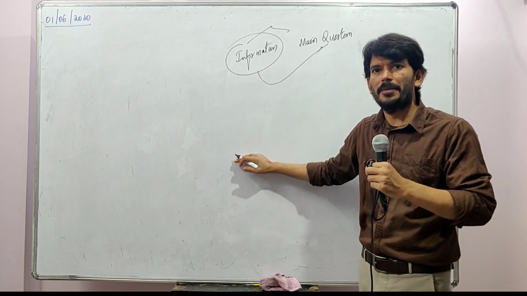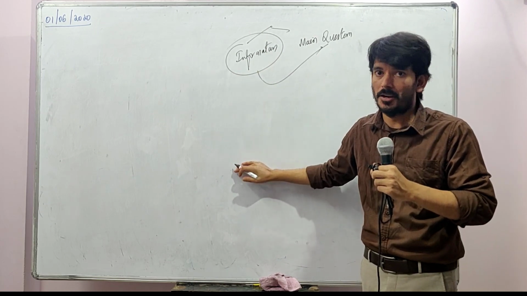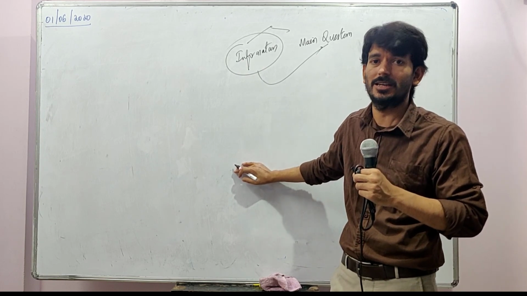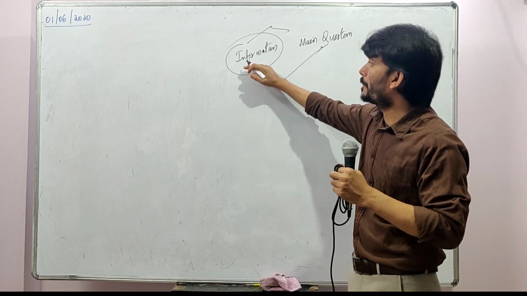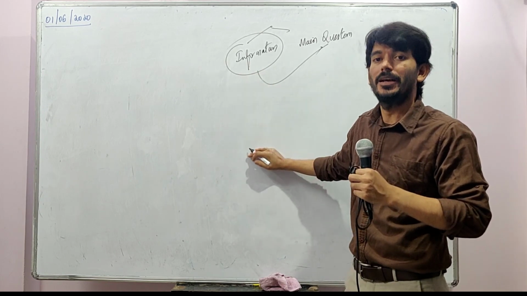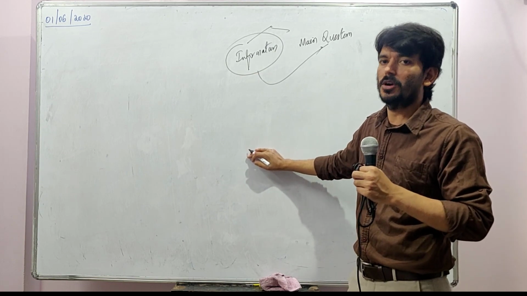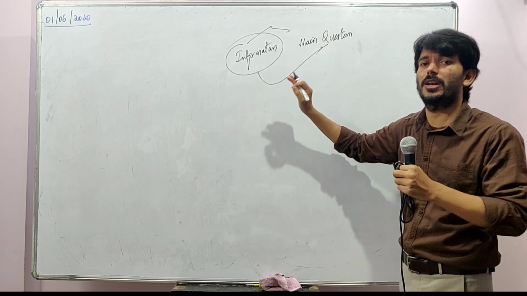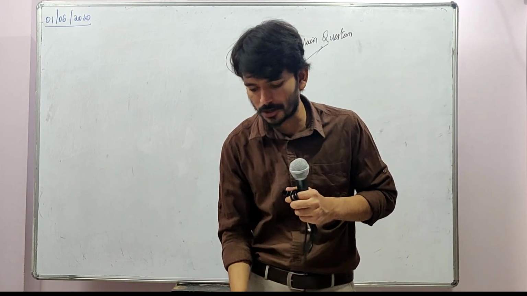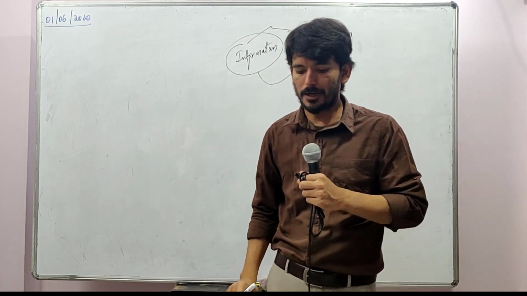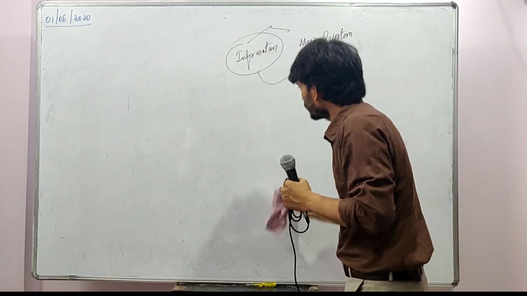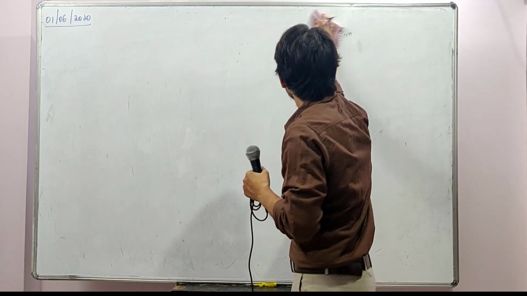Some information might be relevant, some might not be, depending upon your question and your paper, like whether it is costing, accounts or FM. But what is most important is the crux of the question, what he is exactly asking us to do, which is given at the end of the question. You are required to prepare the departmental trading and profit and loss account. So that is the main question. We'll jump into that.